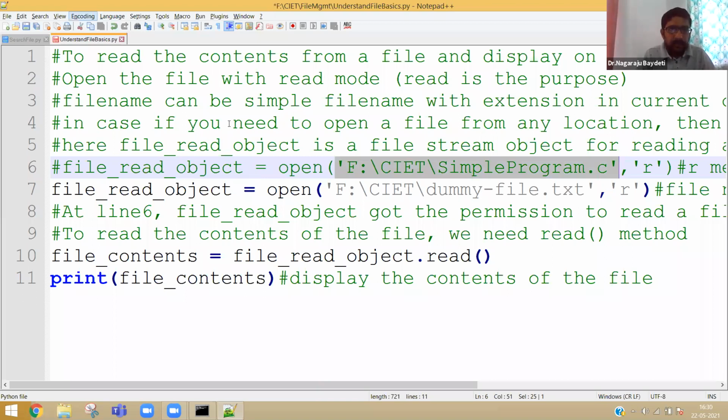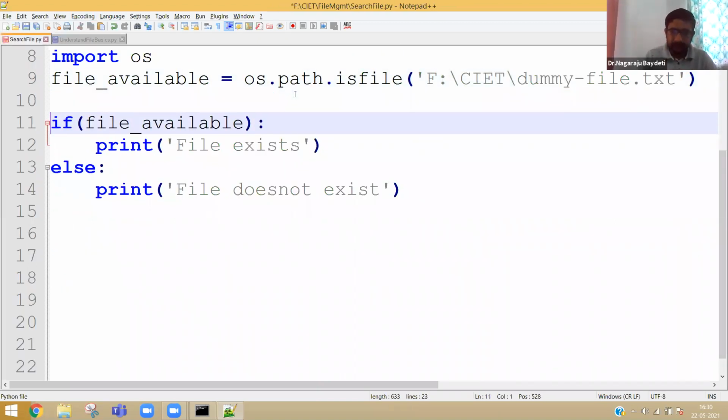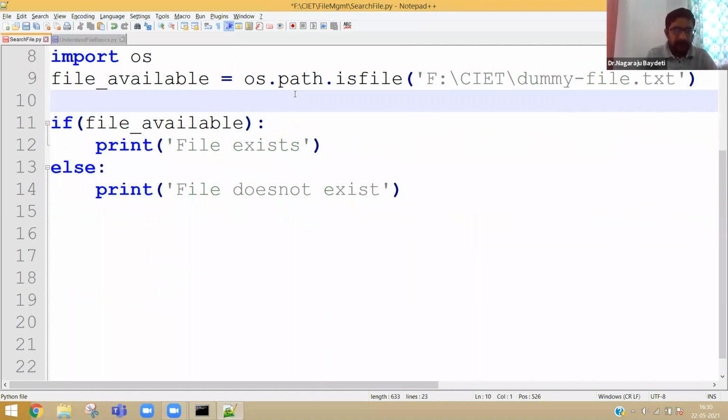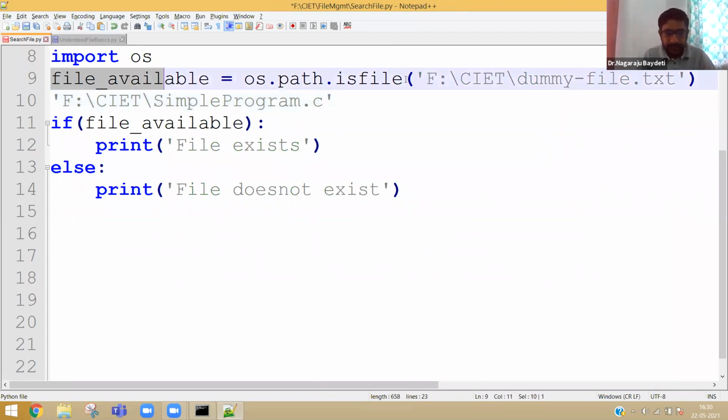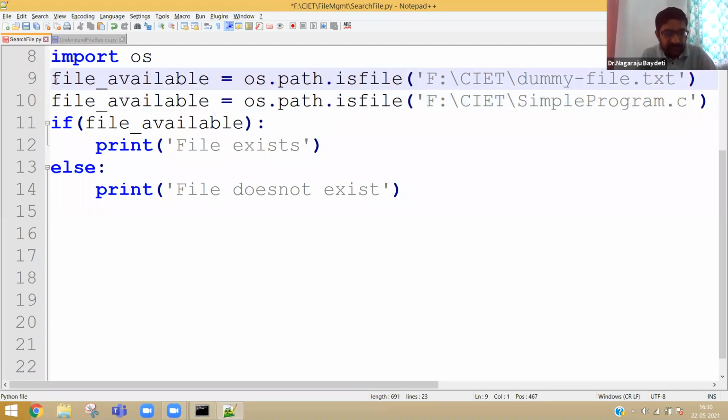I am trying to take a file which is available. Okay. Now let me comment the first line.